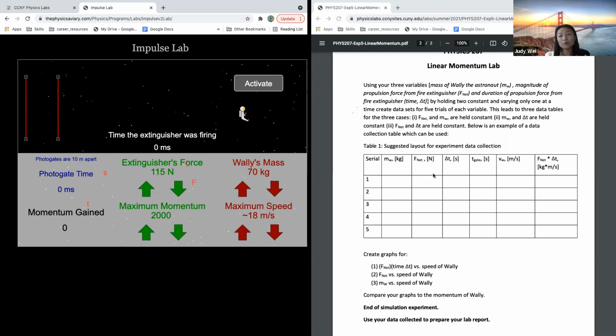And so we will do 3 tables, 3 graphs. Each table gives you 1 graph. The first one is done when we keep F and M constant. The second, we want to keep M and delta T constant and change the extinguisher's force. Before we do that, we have to set the extinguisher's force to the minimum and put it here, while we keep Wally's mass always constant, and so we start from 50, and we're gonna record the fire extinguisher